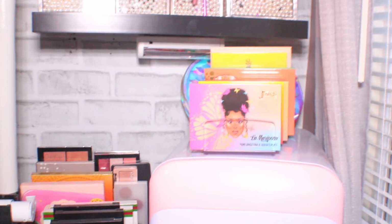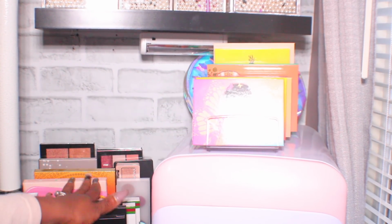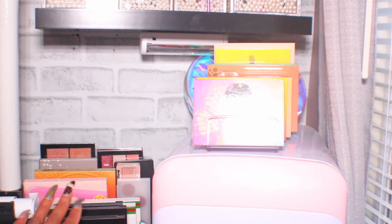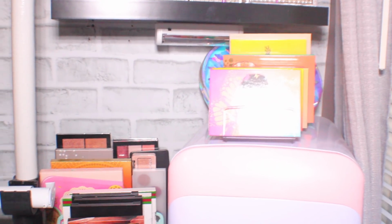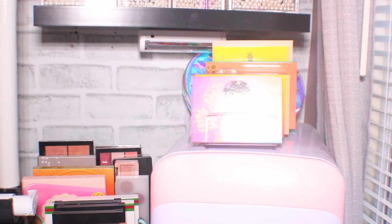But on top of the skincare fridge, I have all of my Juvia's Place palettes, and then right here I just have all of my regular palettes that I use on a day-to-day basis. So I'm just going to pull down all of my eyeshadow palettes right now and kind of just go through them and show you what I have in my collection. Okay, so jumping into the palettes that I had all the way at the top part of my